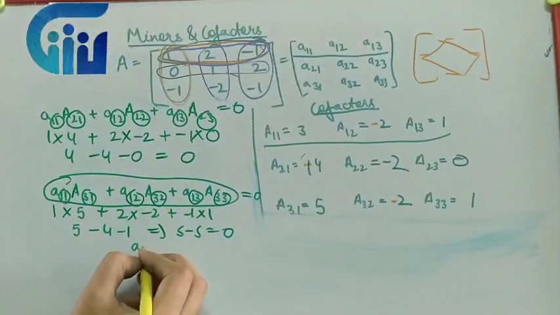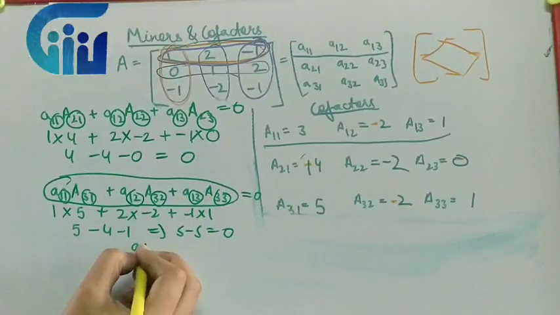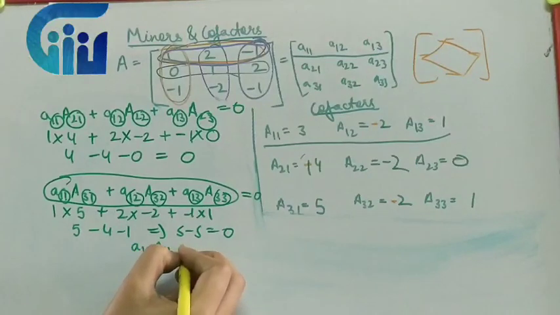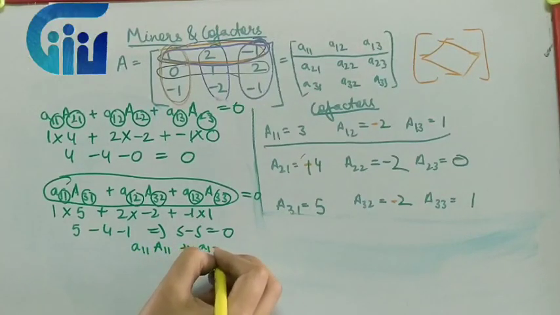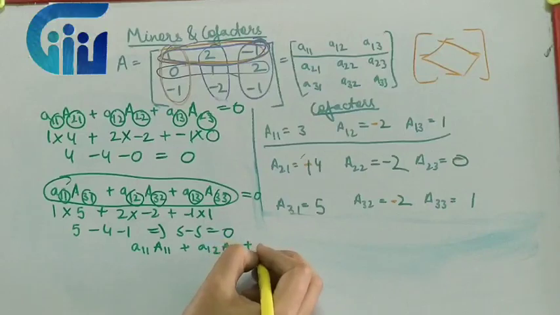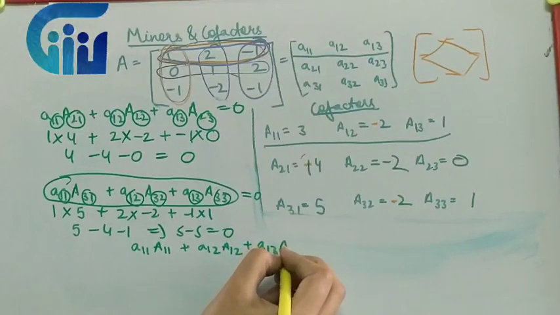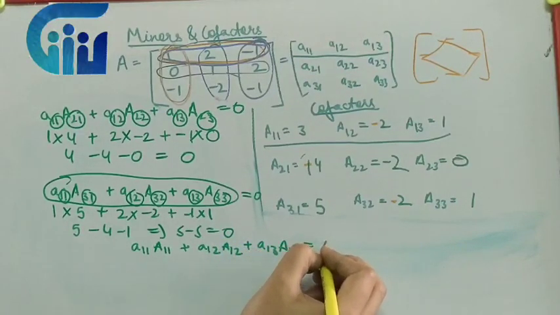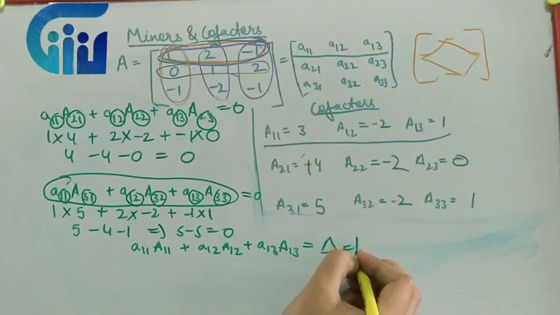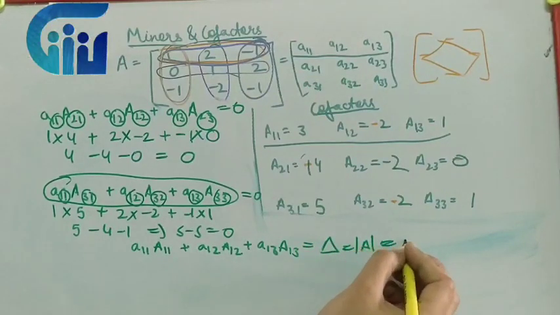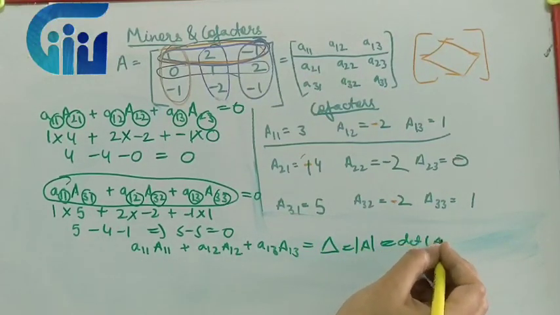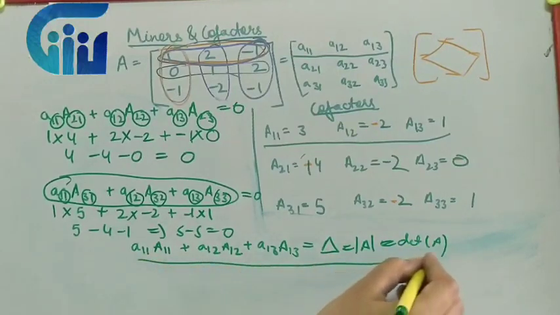If the elements in this particular position and this particular position are the same, then only you will write the result as the value of the determinant. It can be written like this or this or this. So you have to remember clearly, this is a 1 marker, a very important question. We will be using this particular result further.